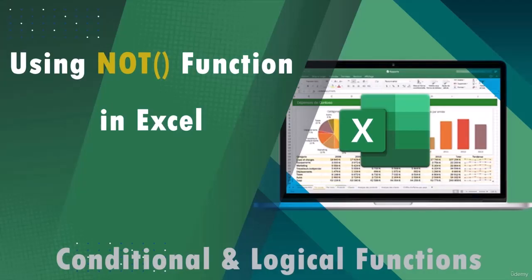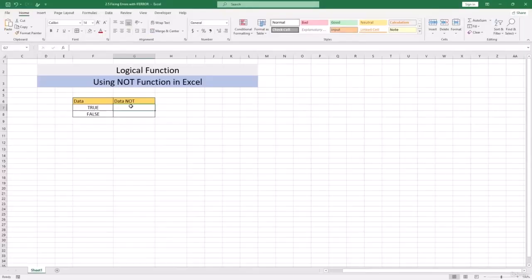On this lesson, we will be learning about using the NOT function in Excel. So over here, you can see that we have two types of data, which is true and false. So how can we use this NOT function? What happens in the NOT function is that the data we have would be automatically changed to the opposite one. So as you can see, the first one is true, it will become false, and the false option will become true. So for doing that, we can use